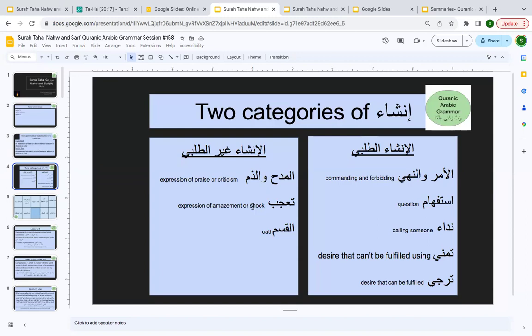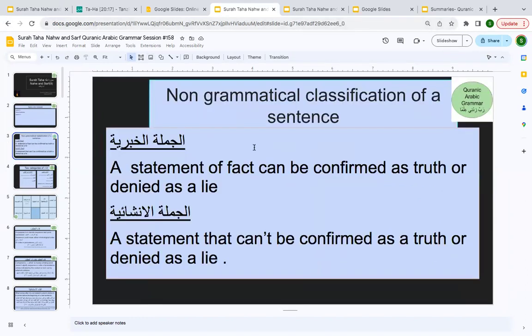Okay, and as you can see here in my first slide, please do pay attention, this information is non-grammatical. This information is for your understanding. I want you to understand Quran completely. So I just brought this to you because I went over a few of the sentences in the very beginning of Surah Taha. I just want to make sure that you have some information on them and you can categorize them and understand what this statement is about and how I have to understand that. Okay, inshallah. So that is that.